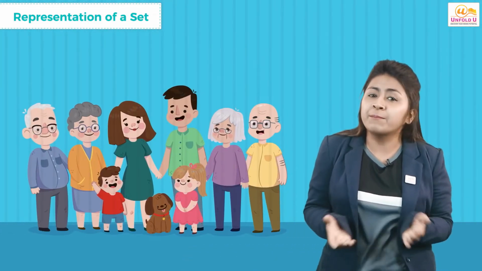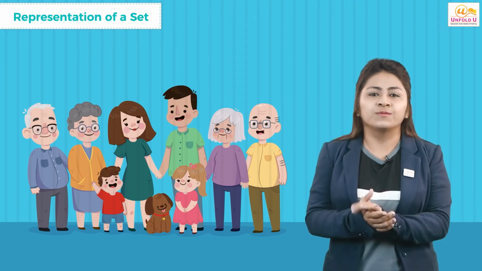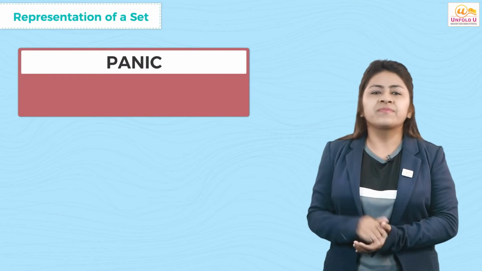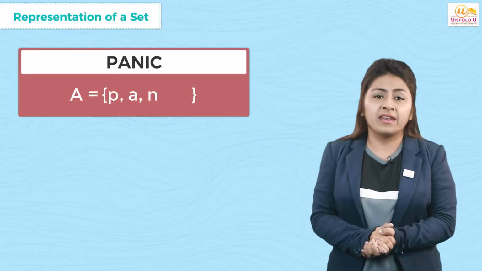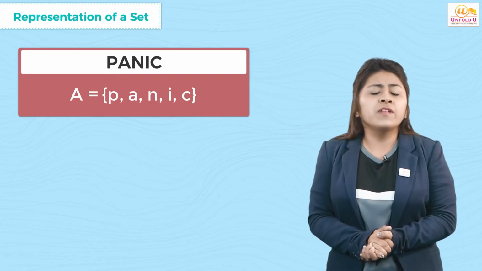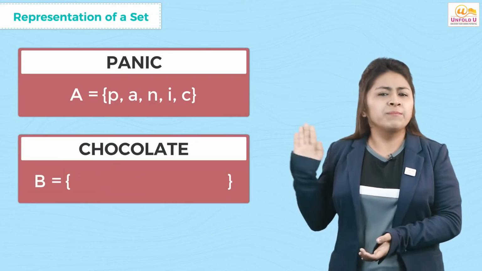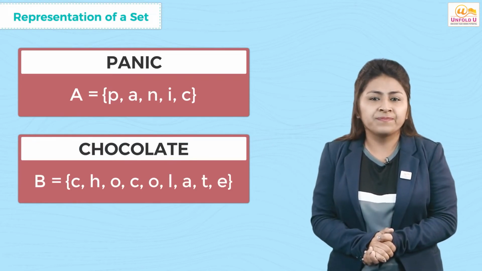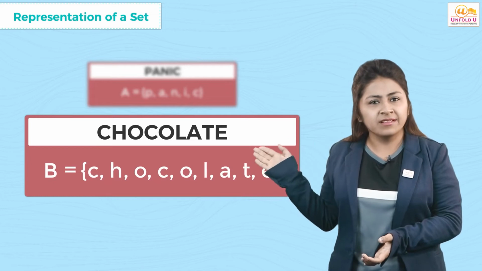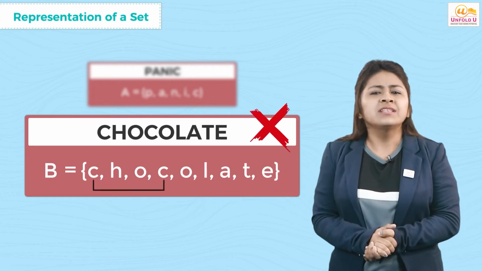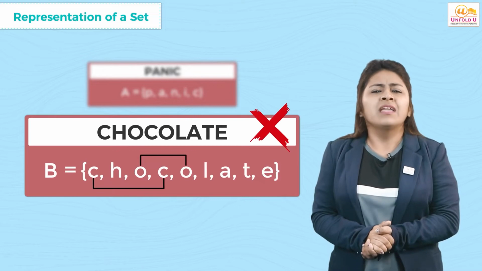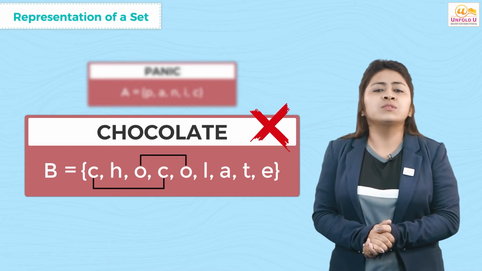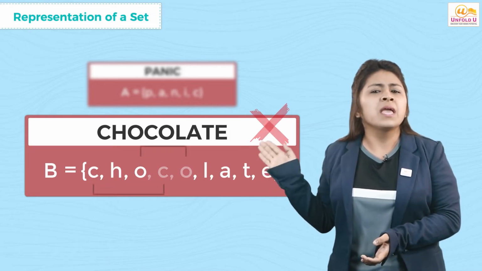Say this is an example. Our family forms a set too. Now, the set of letters in the word panic is A = {p, a, n, i, c}. Set of letters in the word chocolate is B = {c, h, o, c, o, l, a, t, e}. Now, is it correct? No, because c and o appear twice. In a set, as said earlier, the elements are distinct, so we always write the elements once. So the correct one is B =